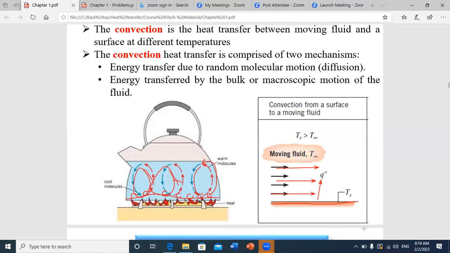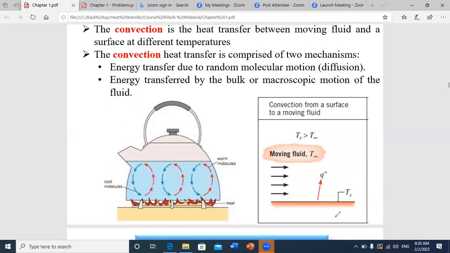Due to this bulk motion over the surface, what will happen is that the moving fluid will transport heat as it's moving, okay? And this will lead to cooling of the surface by convection mode, because the moving fluid will transport heat. And then we say that we have heat transfer from the solid towards the fluid by convection. Even